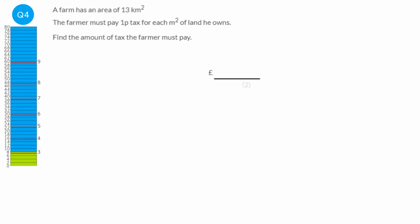So it's really important, first of all, we make clear about how we convert things. So if I've got a unit in kilometres and I want to convert it into metres, then we know we just times it by 1,000. So 2 kilometres is 2,000 metres. But